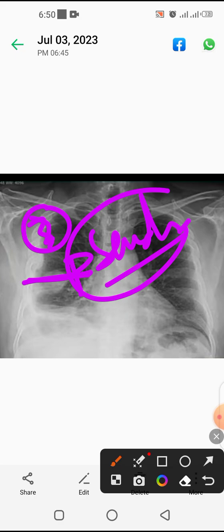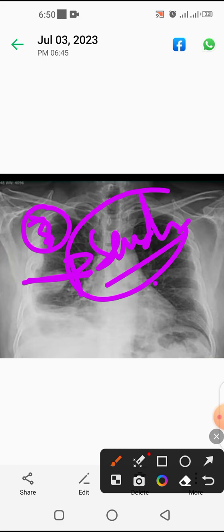Now what can be the cause of this? Cardiac failure, kidney failure, liver failure, malabsorption. So all these can cause fluid in the fissure and effusion. Hepatic hydrothorax is another differential. Now one can say this is unilateral. How can you say yes? But you see,